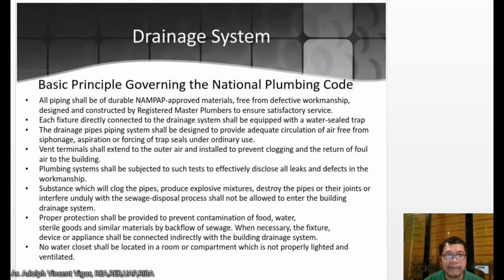Okay, then all piping shall be of durable, approved materials free from defective workmanship, designed and constructed by registered master plumbers to ensure satisfactory service. Each fixture directly connected to the drainage system shall be equipped with a water sealed trap. Okay? So the purpose of this water sealed trap is to prevent odor from getting out of the system. Because without your P-trap, class,